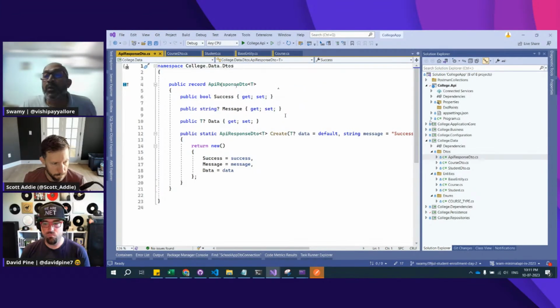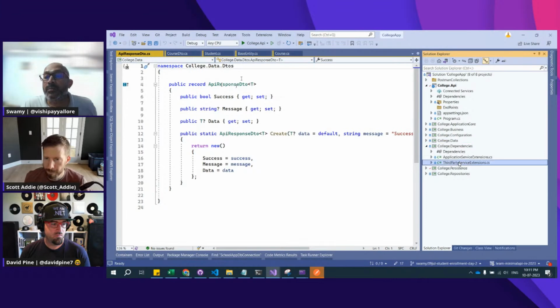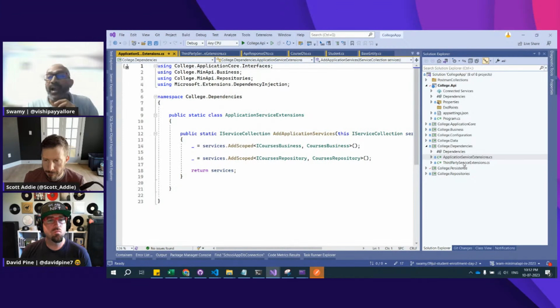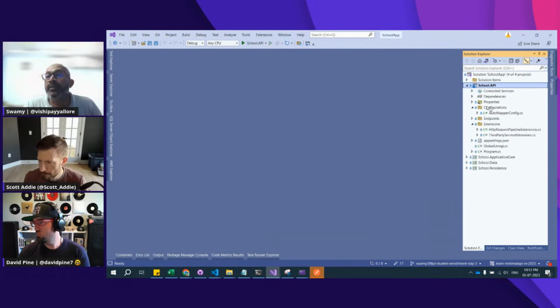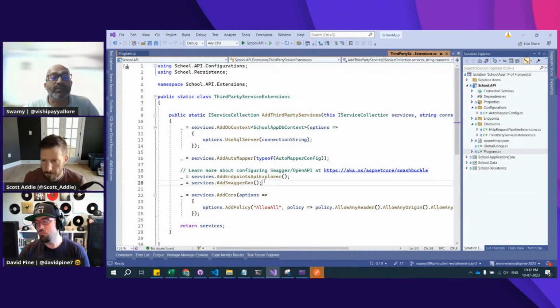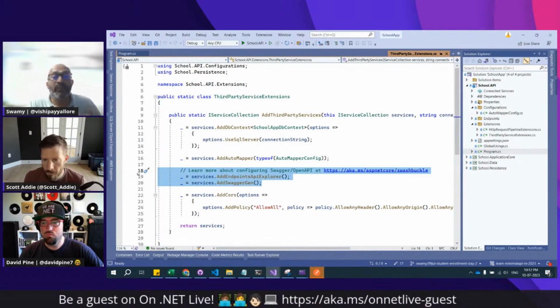Okay. So now coming back to Douglas' query, Douglas, these 2 lines you have to write. When I come in here, third-party services. So you have to write these 2 lines. That's it. Add endpoint API Explorer, add Swagger Gen. Okay. When we create a minimal